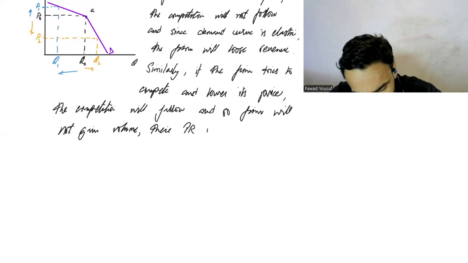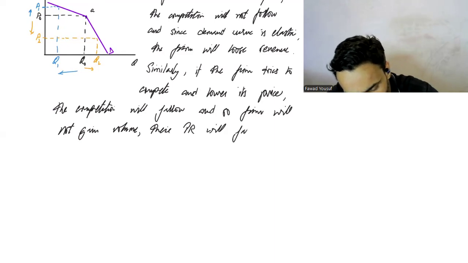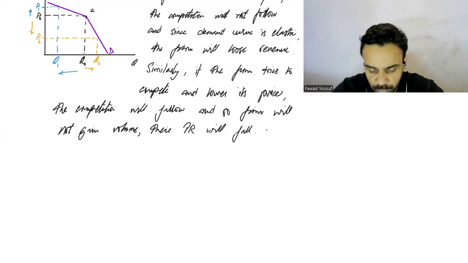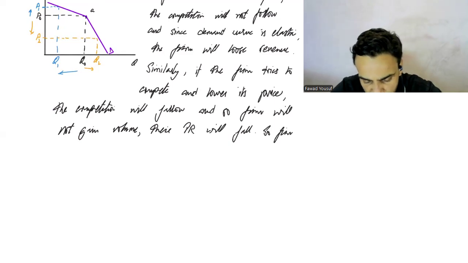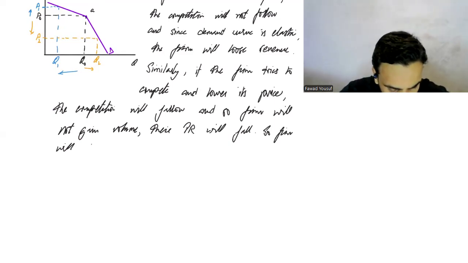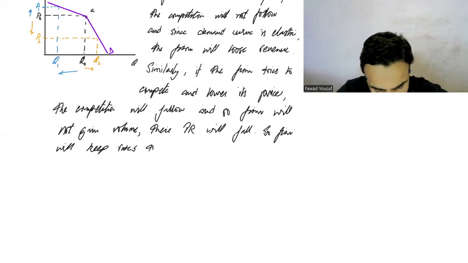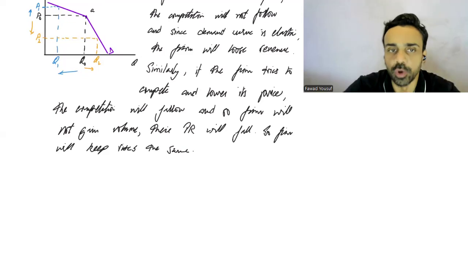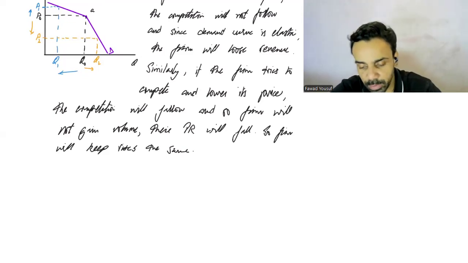Their total revenue will fall. So the firm will keep prices the same. अब इसके अंदर ऑब्वियसली इस मॉडल के अंदर और भी बातें आ जाती हैं। फॉर एग्जांपल इसके